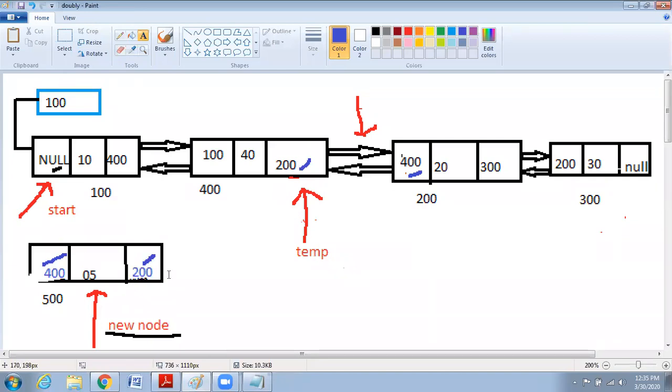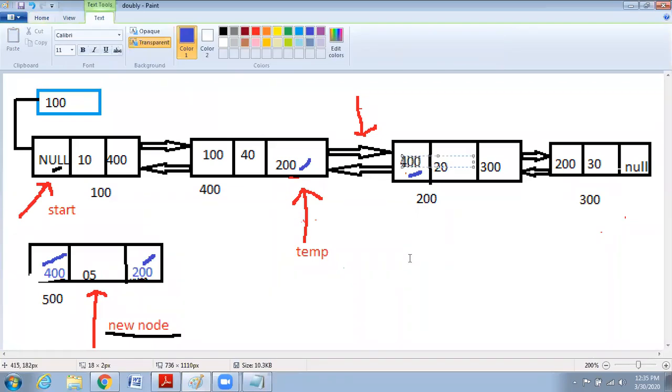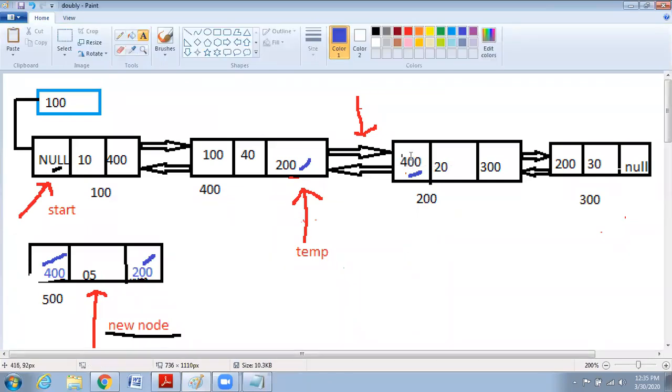Now these two changes are done. Now I will try to change this position. What will be the value here? What should I change here? Here, new node 500. And what value should come here? 500.